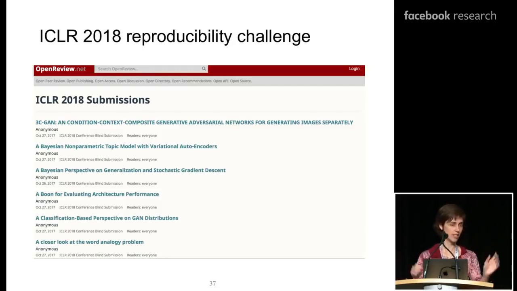I sent out an invitation via some mailing lists to colleagues all around the world. 10 different graduate courses in machine learning showed up and said, we will do this also. So there were people from Poland, from France, from Israel, and several groups in the United States who joined us in this challenge. In total, 124 teams or individuals committed to reproducing a paper. 95 papers from ICLR were subject to this exercise.